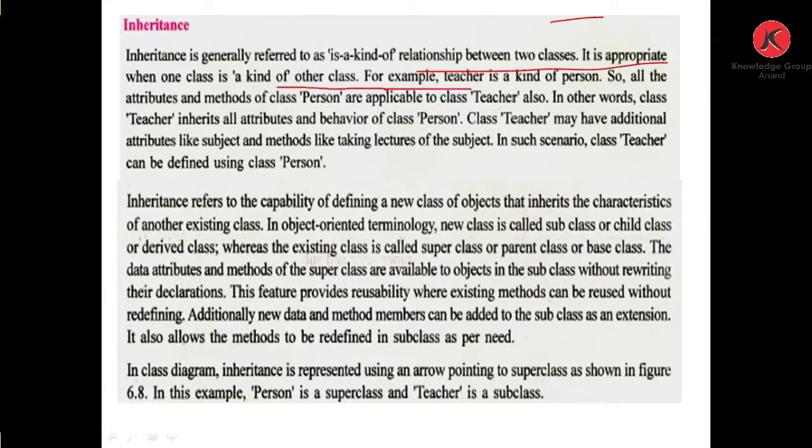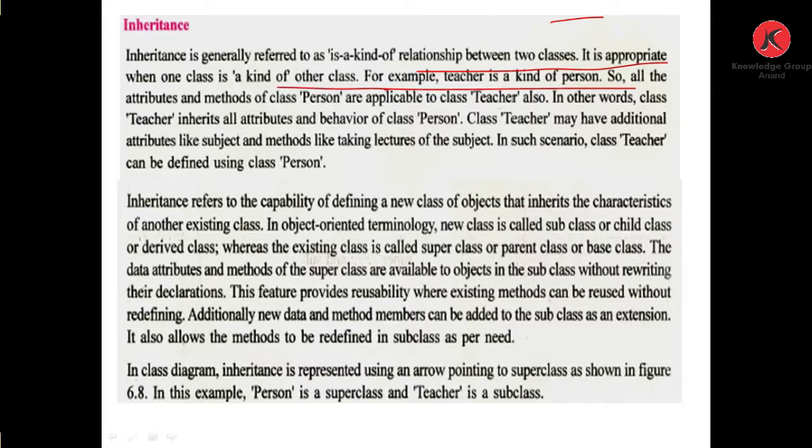For example, teacher is a kind of person, so all the attributes and methods of class Person are applicable to class Teacher also. In other words, class Teacher inherits all attributes and behavior of class Person, and class Teacher may have additional attributes like subject and methods like taking a lecture of the subject. In such a scenario, class Teacher can be defined using class Person.